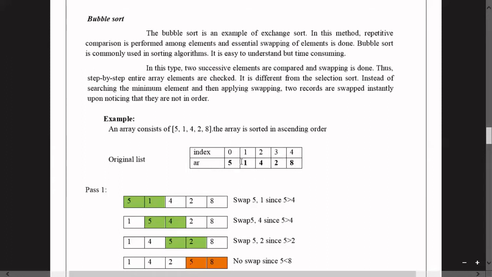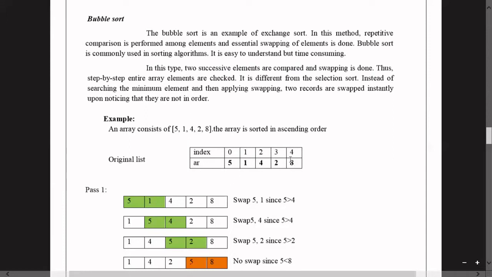For example, here n is 5, that means 5 elements are there. So 5 minus 1, 4 repetitions or 4 iterations or 4 passes are required to sort the 5 elements.